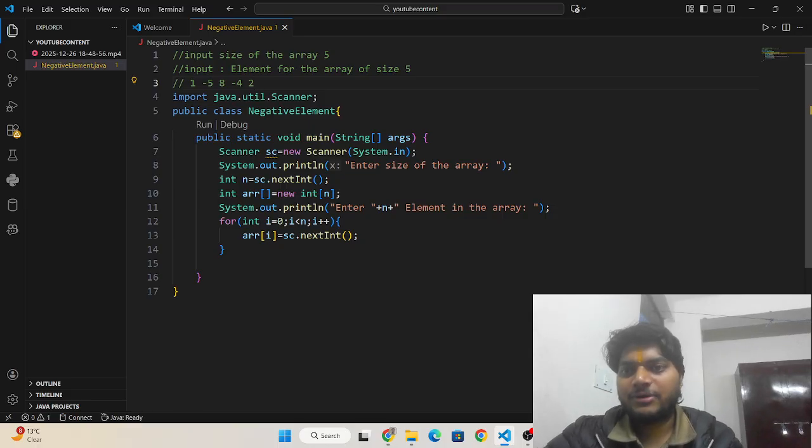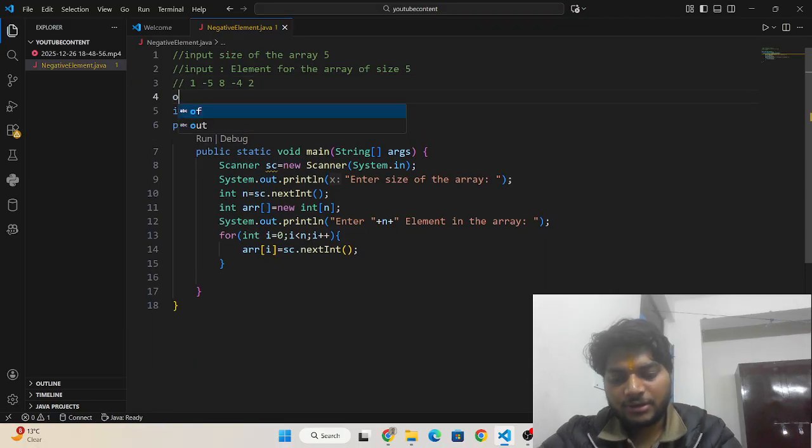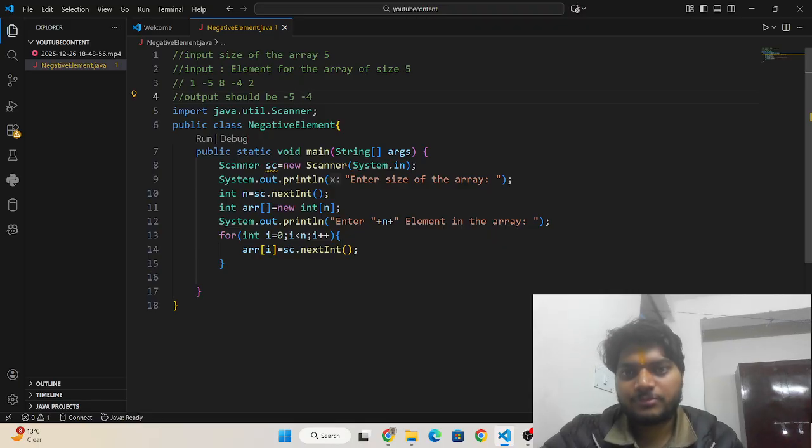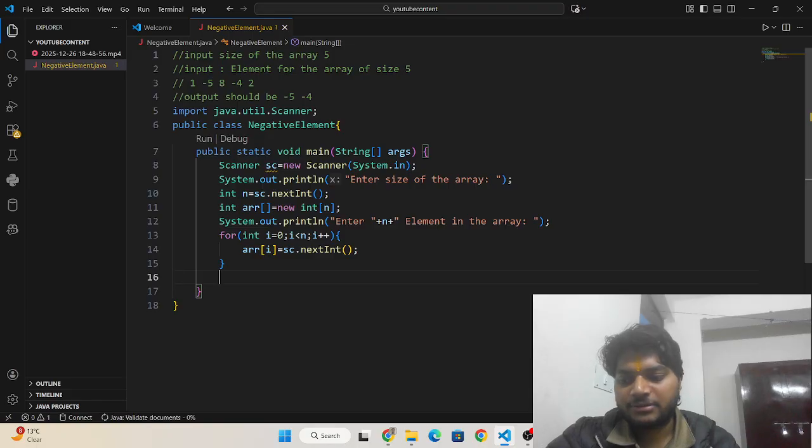The user has already entered 5 elements, so our output should be -5 and -4. Okay, so this is going to be printed in this code. To print these negative numbers, I need to write here